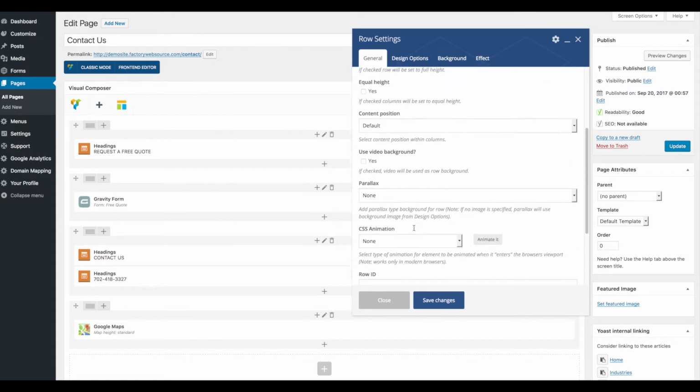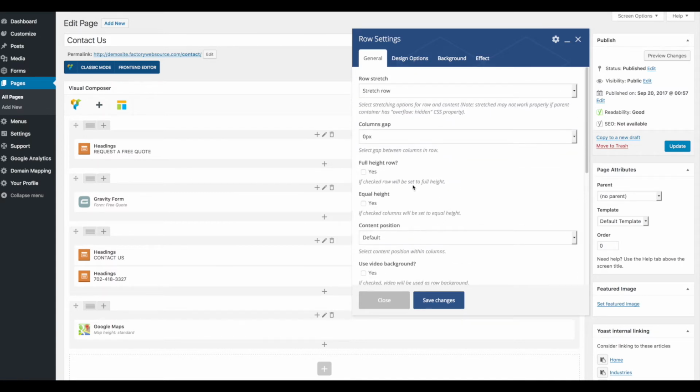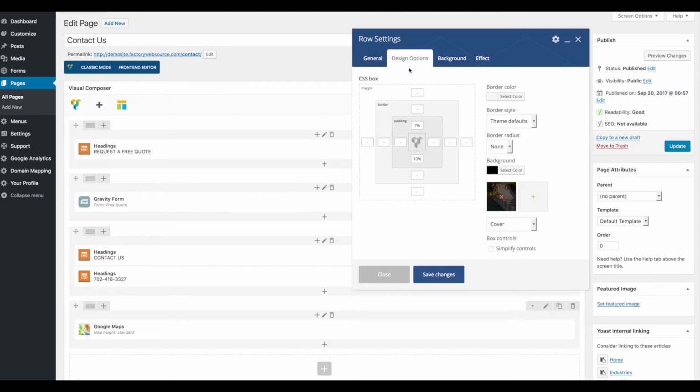You can disable the row. You can change up the content position, the height of the row. What I want to talk about really quickly here is how you go about editing the background color or the background image. So go ahead and click on Design Options. And what you're going to see over here is some selections to change the background color and then also the background image. We've loaded an image in here already by default, but if you want to change that image,